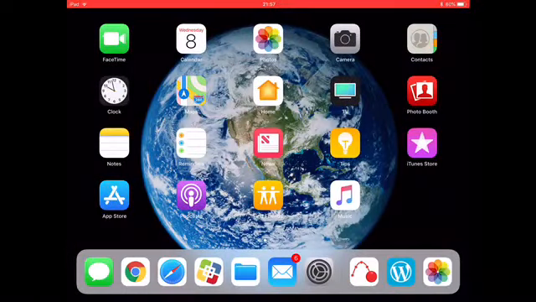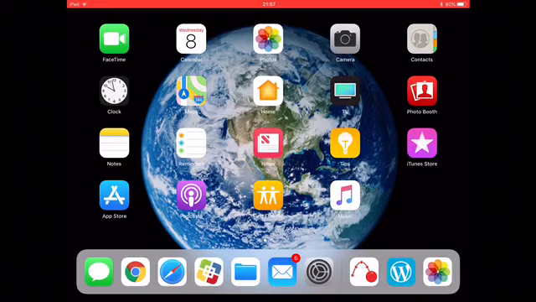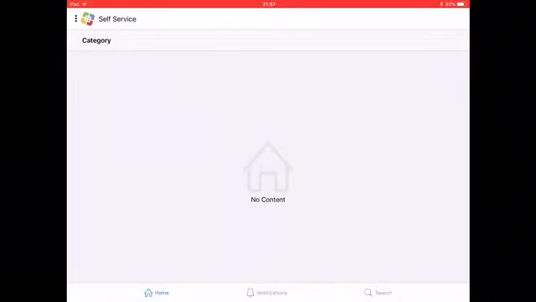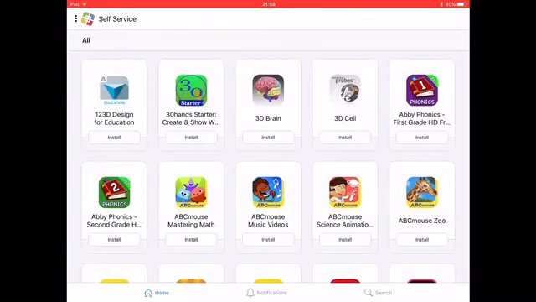Hello everybody, this is a quick tutorial on how to use the Vernier applications on our iPad. We are going to be using the Video Physics in the Vernier Graphical Analysis. The first thing that you have to do is open up your Self Service, then tap on the bottom right